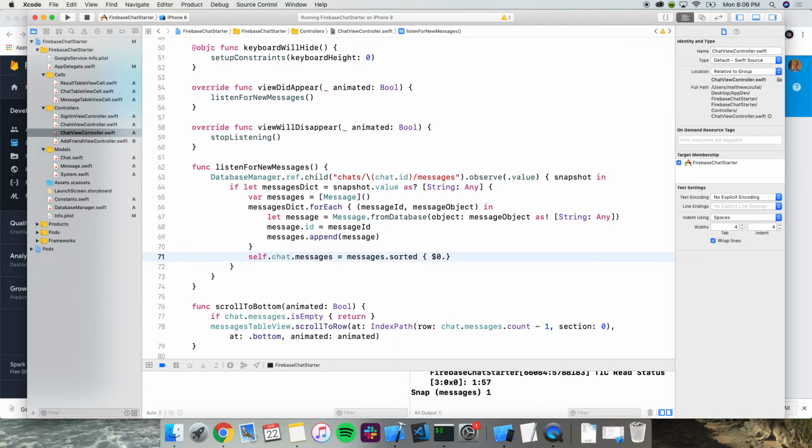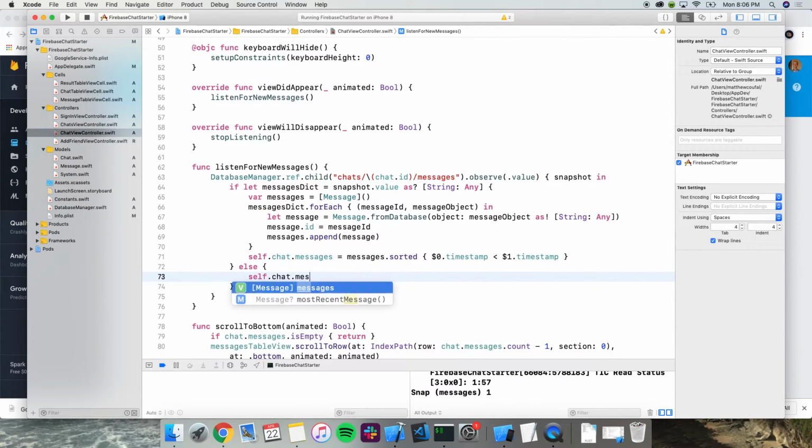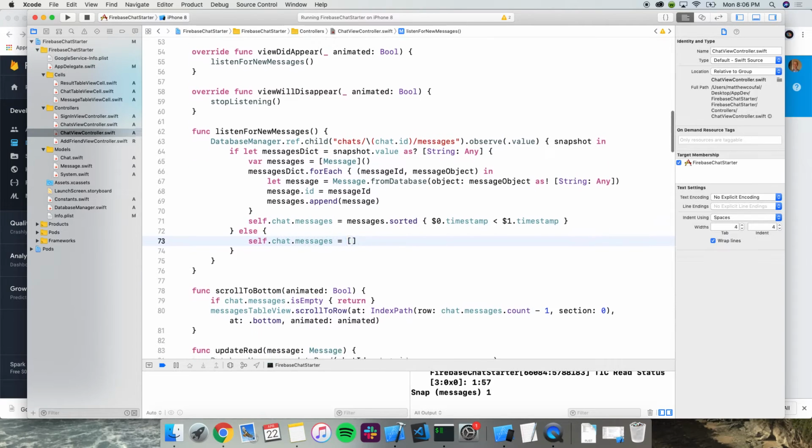And if you remember this, $0 refers to the first element we're looking at, and then $1 refers to the element after that. So we want to take the timestamp. We want it to be less than the second element's timestamp. And this will achieve that effect for us. So we'll see the most recent message at the bottom. And otherwise, there are no messages. So it's the empty array.